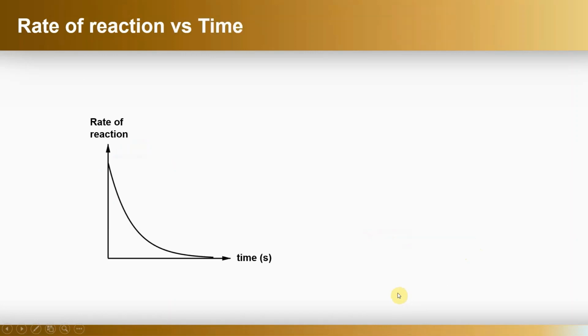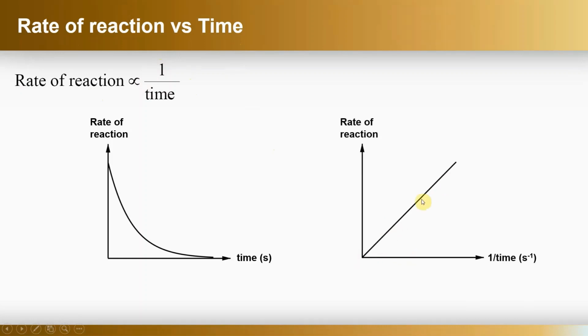So when we draw a graph of rate of reaction against time, we'll find that as time increases, the rate of reaction will decrease. And we can formulate a relationship between rate of reaction and time. We can say rate of reaction is inversely proportional to time, or we can say rate of reaction is directly proportional to 1 over time. So if we draw a graph of rate of reaction against 1 over time, we will get a straight line,